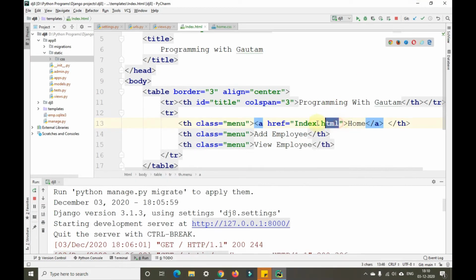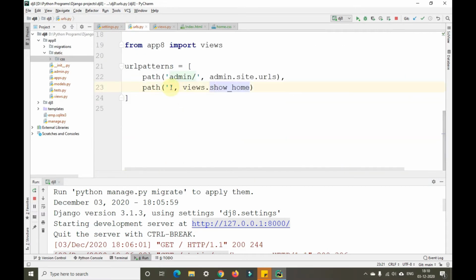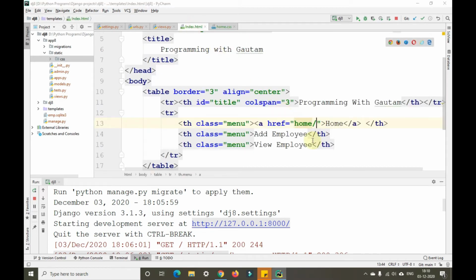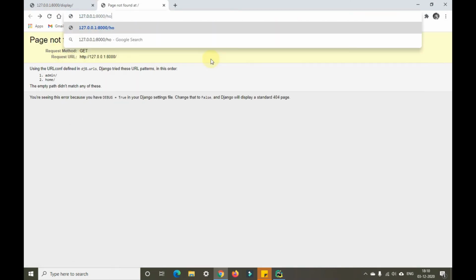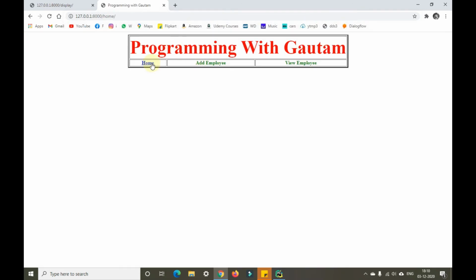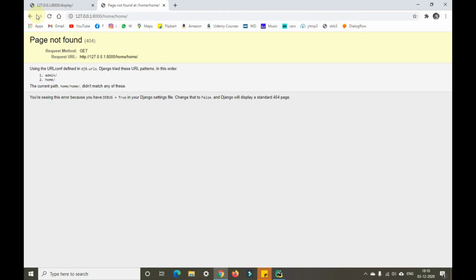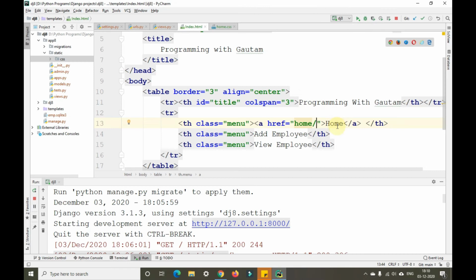So this is actually not the way that we give here. We give some name there. So instead of this thing, I'll give home here. Home with a backslash. The same thing I'll copy there and paste there. Now when I refresh it here, and this will not come here, so we need to go home like this, and when I press on home, it will again go there only. Okay.